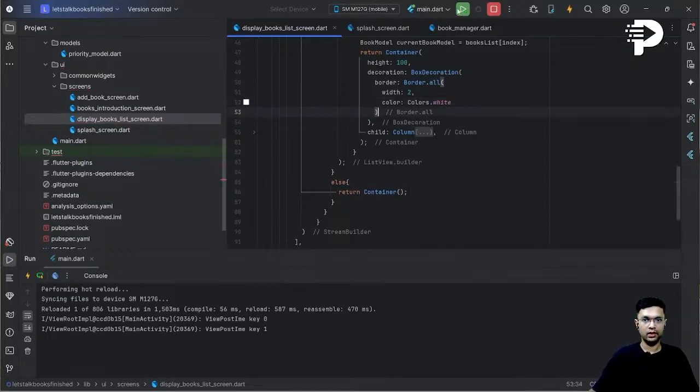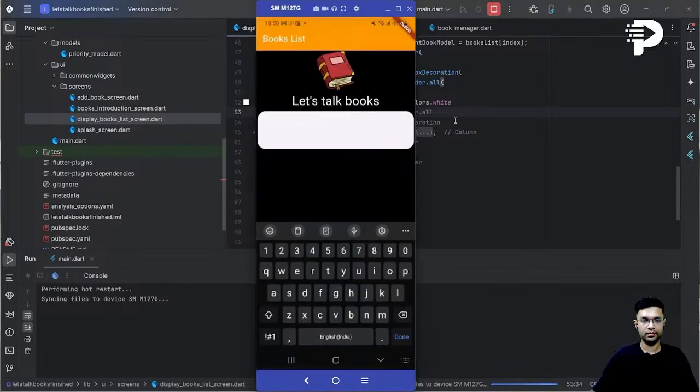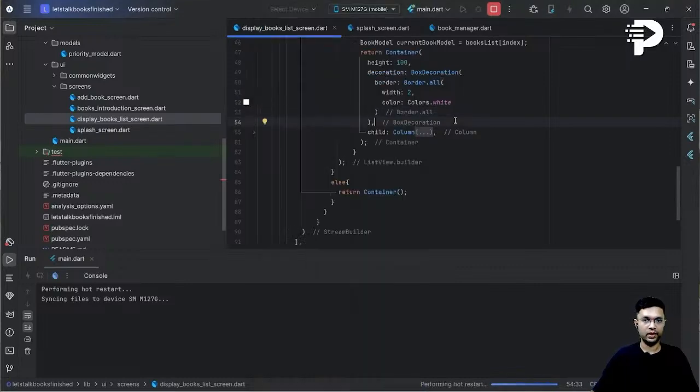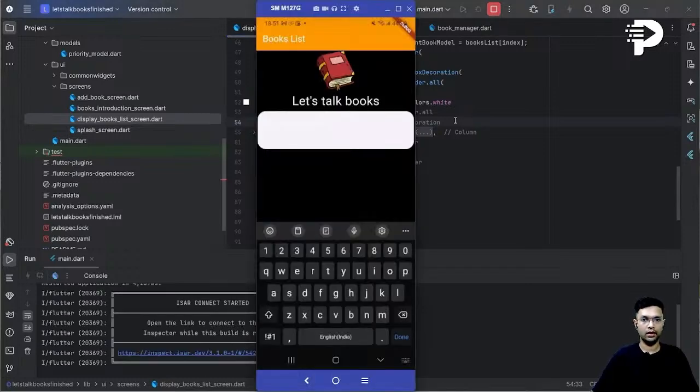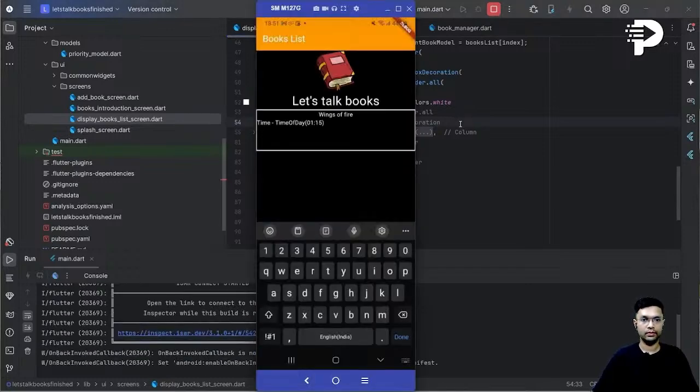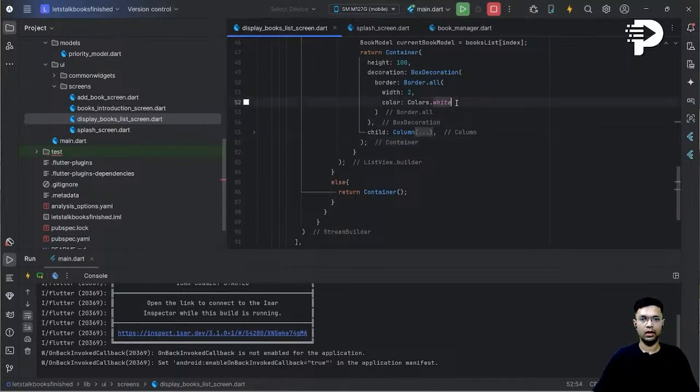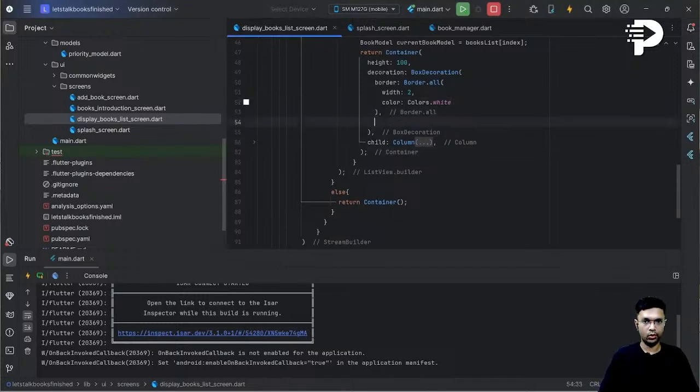Now let's see how does this thing appear. So I'm expecting a white color border container. Yeah, now I would want to give this a border radius